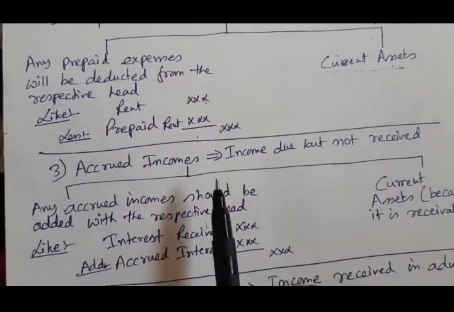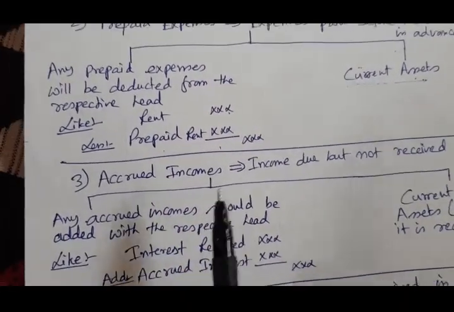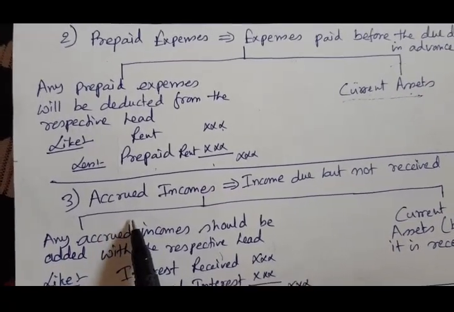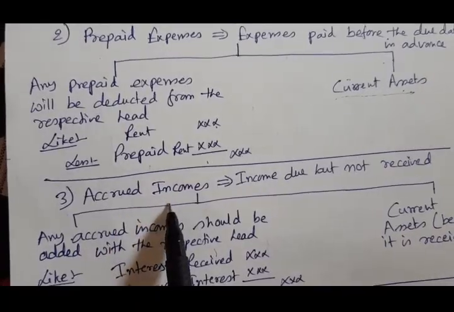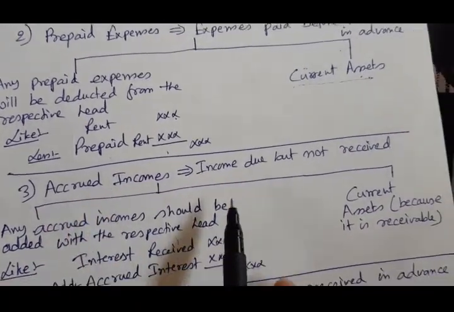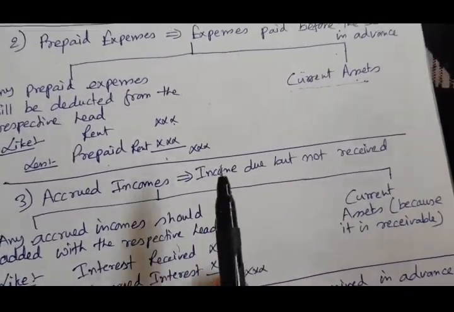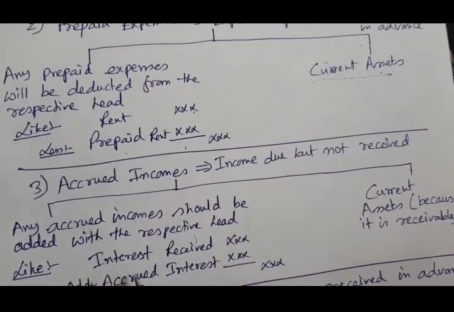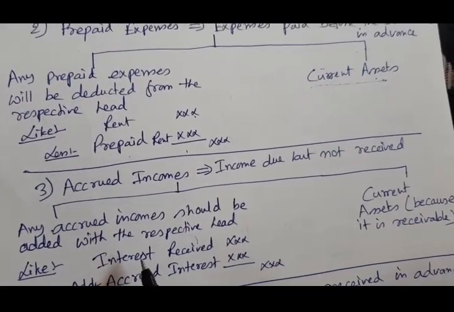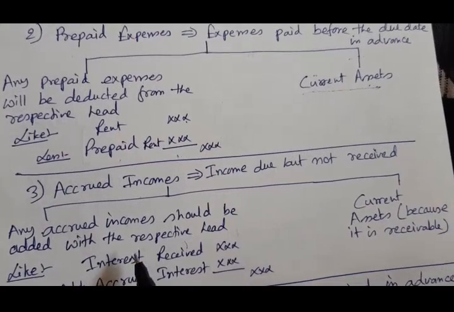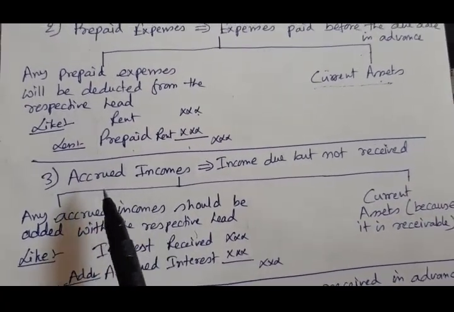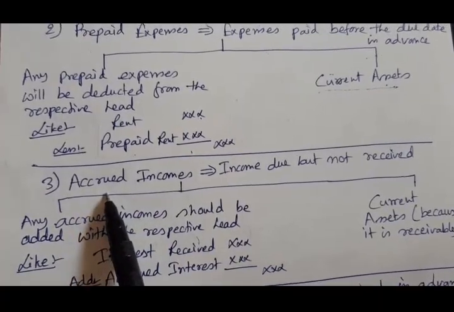Okay. Come to accrued income. Like outstanding, the word accrued has the same meaning as outstanding. But in case of income, we are not using the term outstanding, we are using the term accrued. The meaning is income due but not received. Say the company is receiving interest on something. This month's interest, April month's interest, is due, but we haven't yet received it. That would be outstanding income, but for income, we use the term accrued.